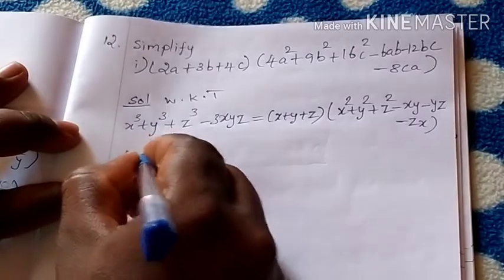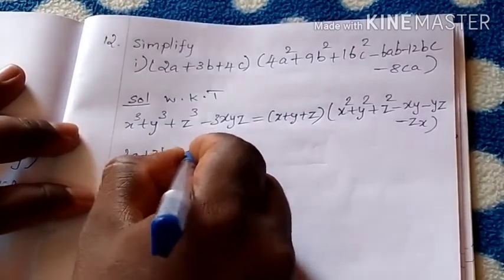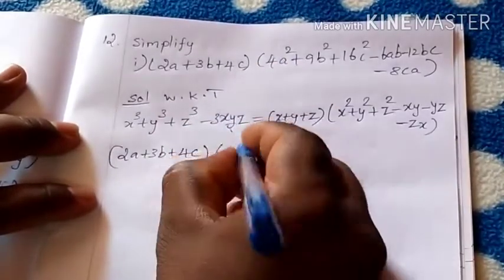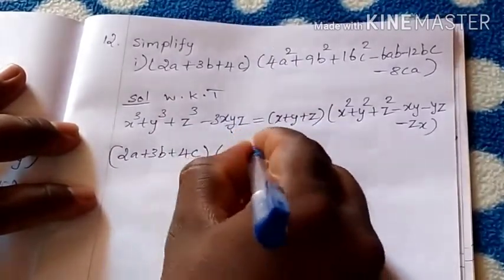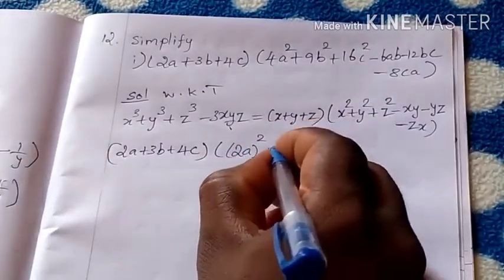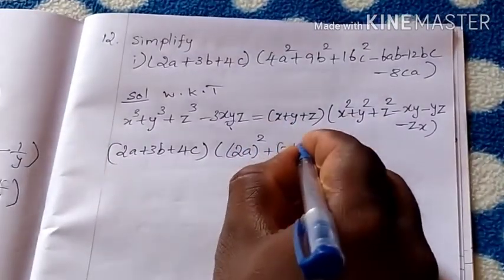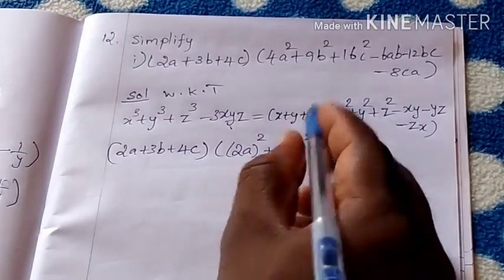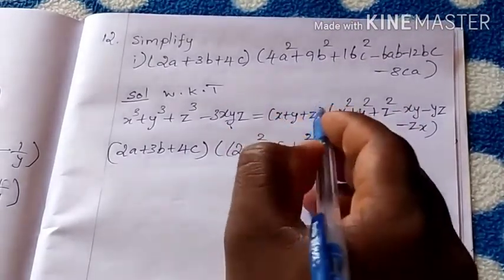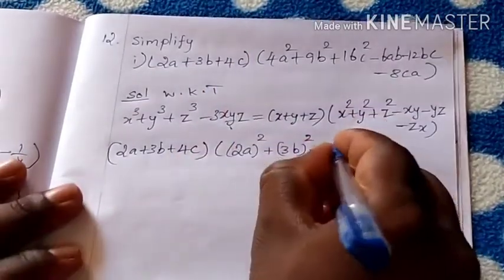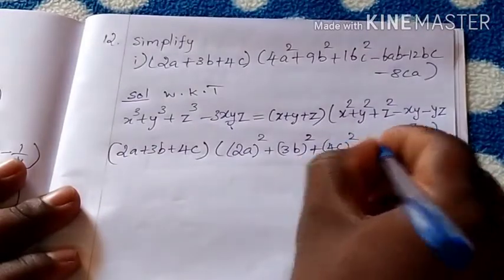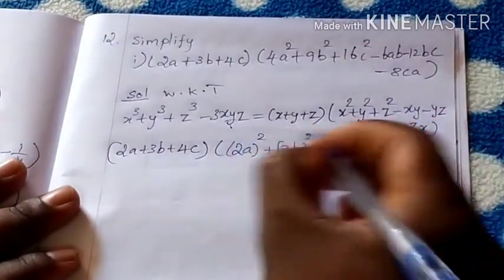So (2a plus 3b plus 4c) into, this can be written, (2a) the whole square, that is x square, plus y squared is (3b) the whole square, 3 squared is 9, plus z is 4c, so (4c) the whole square, 4 squared is 16c square, minus xy, x is 2a,